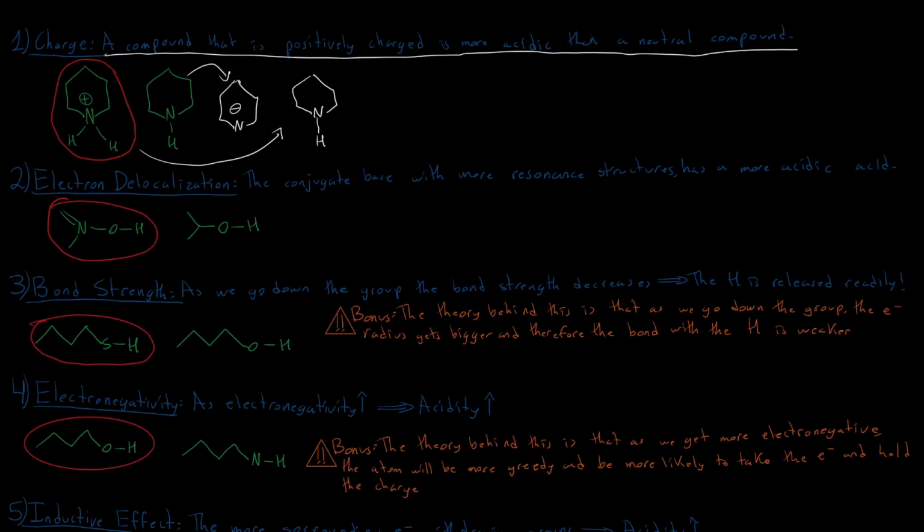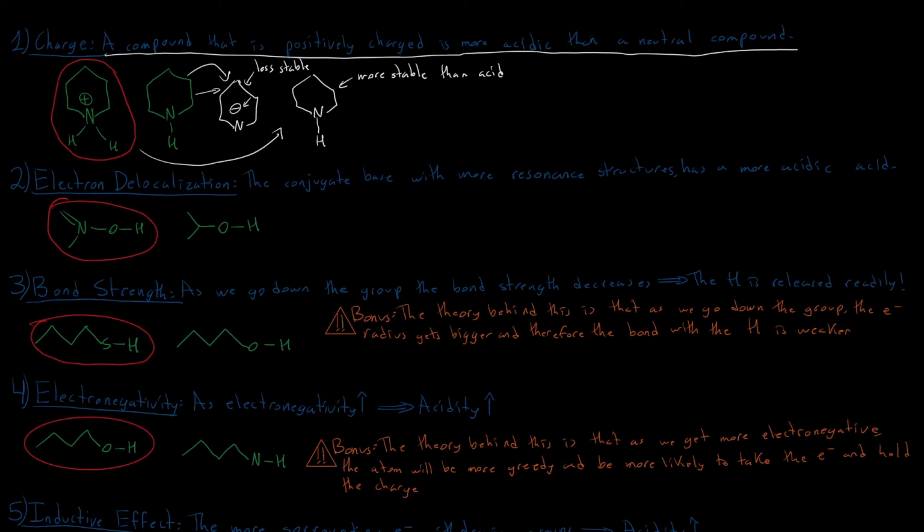So, one key thing to understand here is that this is more stable than the original form, than the original acid. And this is less stable. So this has a negative charge, and the original acid has no charge. Therefore, it is moving to a less stable state. And we know in organic chemistry in general, compounds are always attempting to achieve stability. Therefore, if the resulting state is unfavored or less stable than the original state, it's less likely that the transition